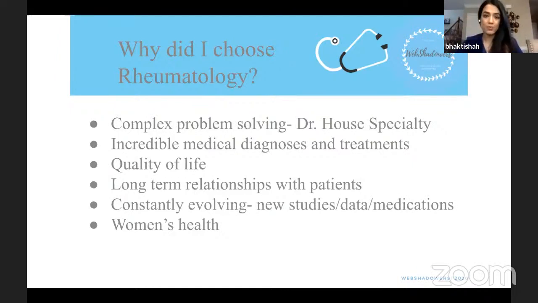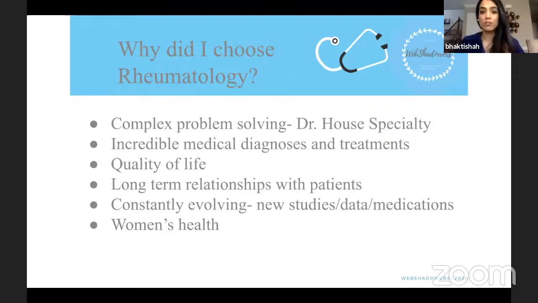One of the other reasons I chose this field is because of the focus on women's health. Autoimmune conditions impact women more so than men, on average at least a 3-to-1 or 4-to-1 ratio. Lupus, rheumatoid arthritis, these are conditions that impact primarily women. And as a women's health advocate, I wanted to be a part of a field that can focus on educating women and empowering women, and discussing various treatment options with women that are not just focused on pain medications or just standard of care therapy.